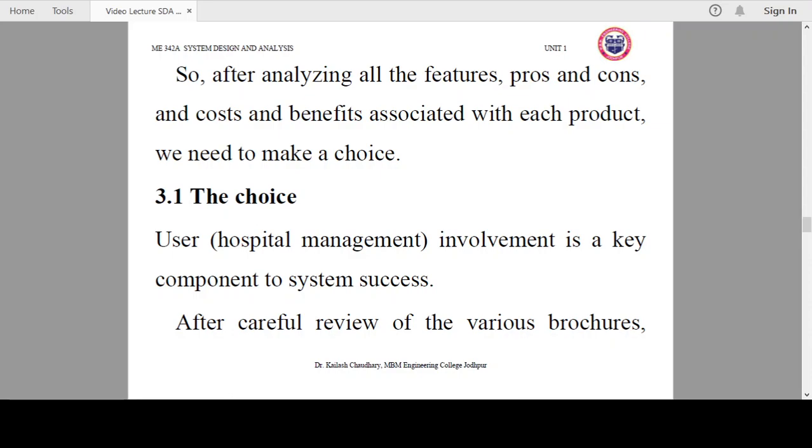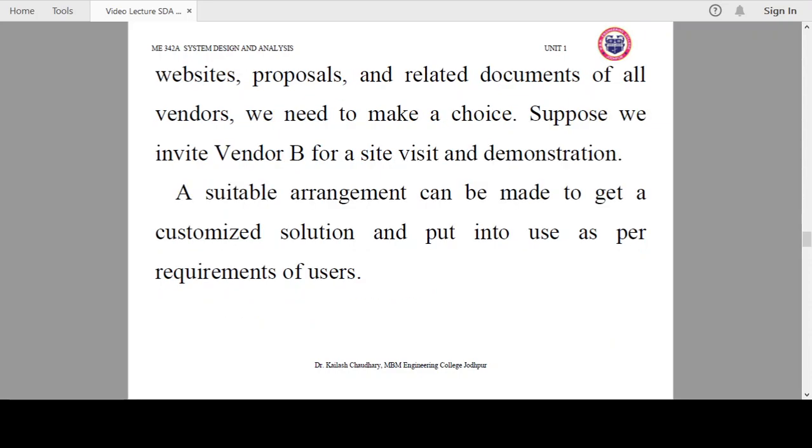The user, the hospital management environment, is a key component to a system's success. After careful review of all the brochures, websites, proposals and related documents from all vendors, we need to make a choice. Suppose we invite vendor B for a site visit and demonstration. So as per the requirement of the user, as per our constraints, we choose vendor B, which is found most suitable among all the vendors.